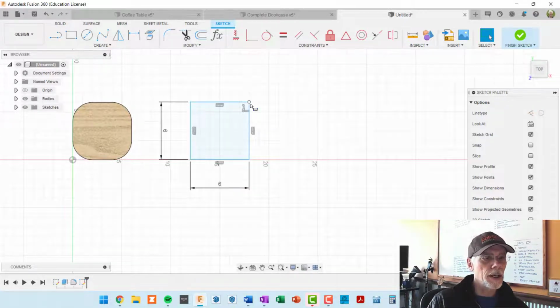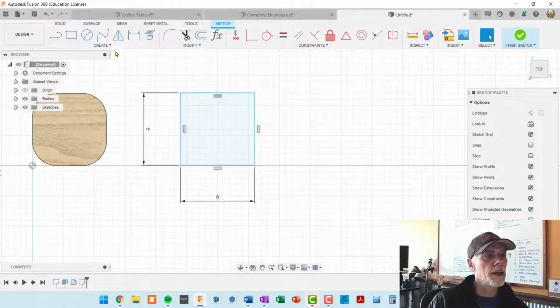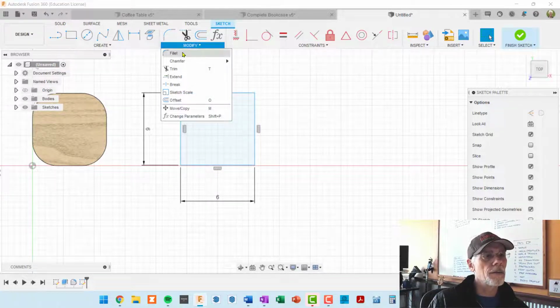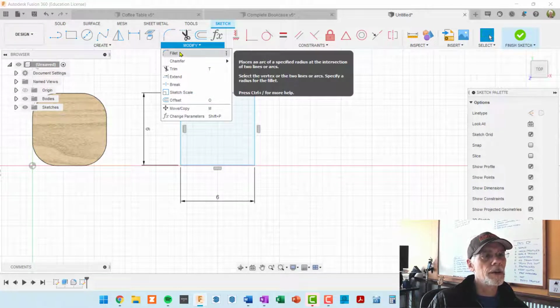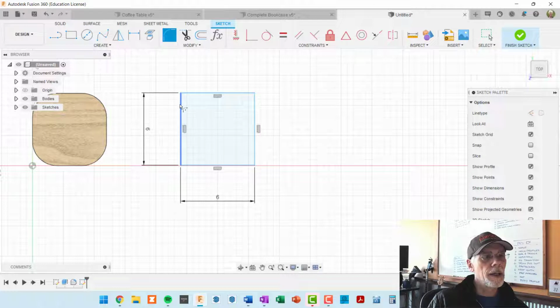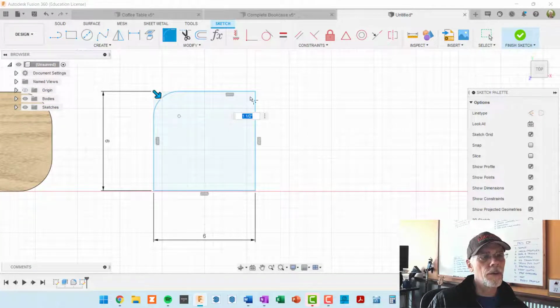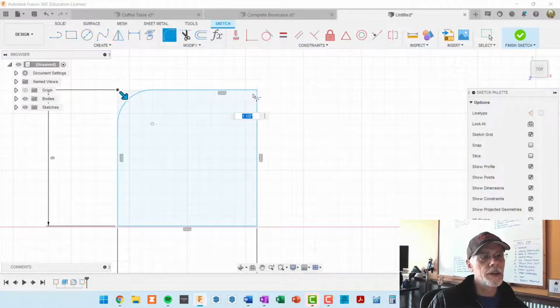And this time I'm not going to extrude it. I'm going to stay in the sketch, and I'm going to go to Modify, Fillet, and now I can either click 2 edges like this to get my fillet, or kind of hover over the intersection of these 2 edges,